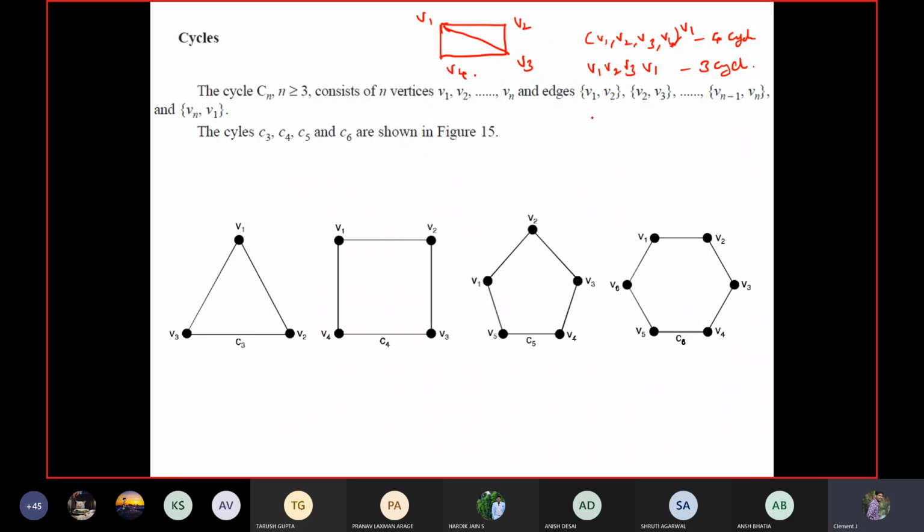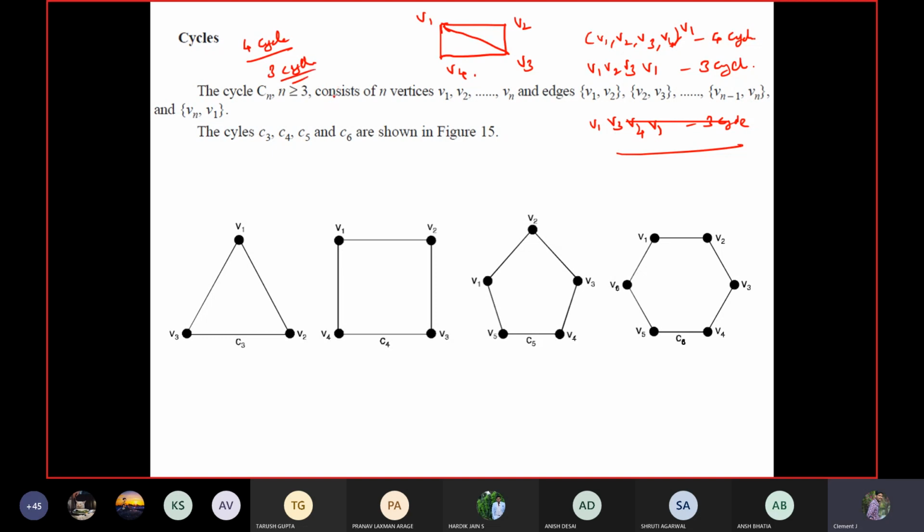Next cycle is actually V1, V3, V4, V1. So that is another C3 cycle. So here, if the question is asked like write the distinct number of cycles, that time you need to say totally there are 2 distinct cycles. One is a 4 cycle, another one is a 3 cycle. Okay, totally there are 2 different.